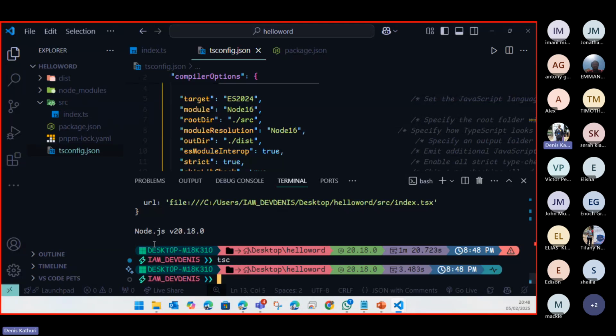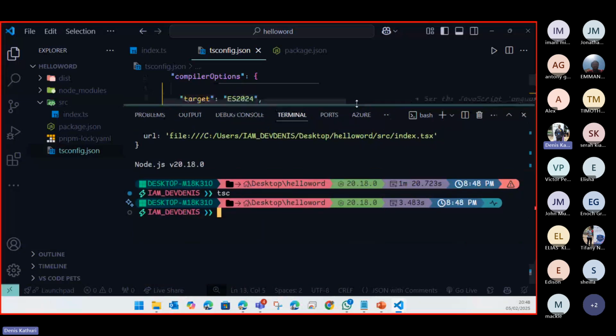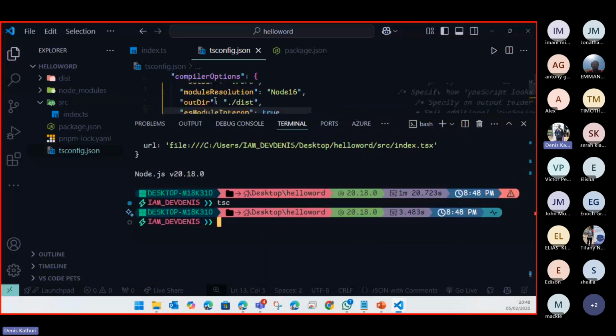I think, yeah, if you don't see any error, you are sure your TS compiler has taken the new changes. And if you notice here, it has a new folder. If you don't have the dist folder, it will automatically create it. And if you delete that folder